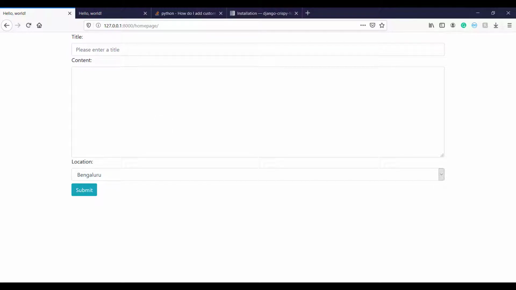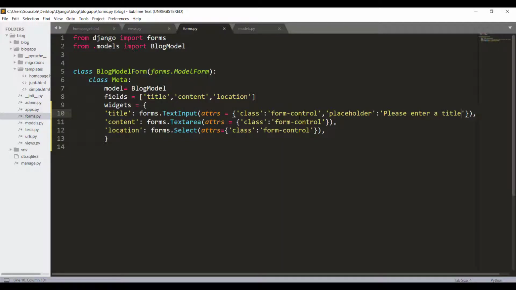In the very same way, we can pass an ID, and we can pass many more parameters that we see in our normal HTML form. So this is how we can customize our forms in a much better way, and this gives us a much better look and feel for our Django forms. That was all for today. We will learn even more things in our upcoming lectures, so stay tuned for that.